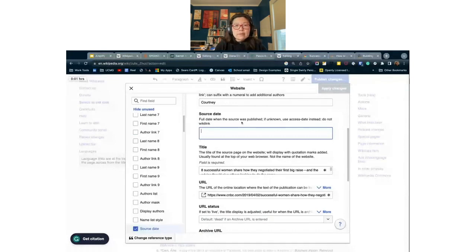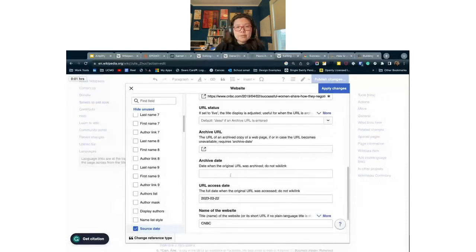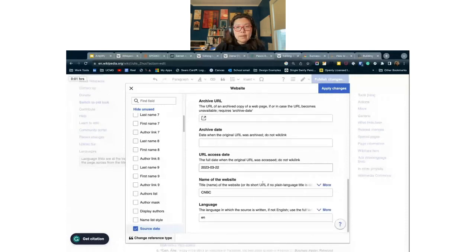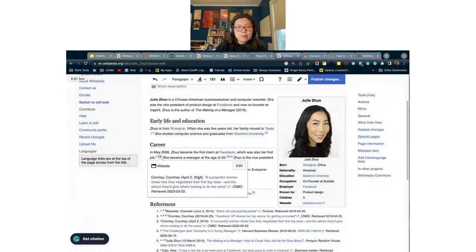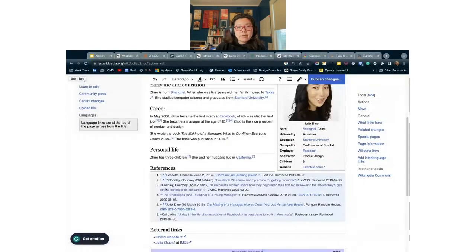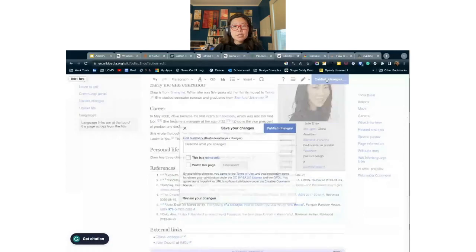So we'll just add that, and you just hit apply changes. So it put the date in there and then it will be listed on the references at the bottom. So it's very automatic. And then you go ahead and publish changes.